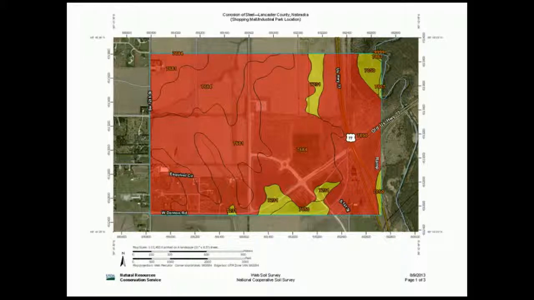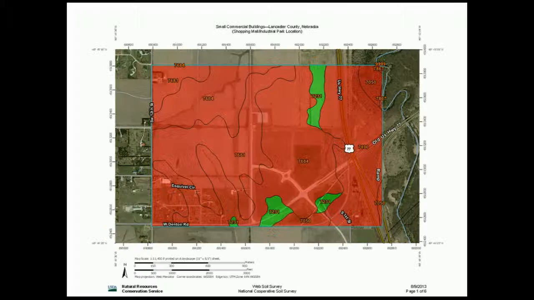So my overall recommendation for a small commercial building in this area, due to the risk of corrosion to concrete and steel, is that the building be built on top of the Judson silt loam, which would be this soil down here in the 7050 range, due to that area having the least negative potential impact on the building materials. The next thing we're going to look at is